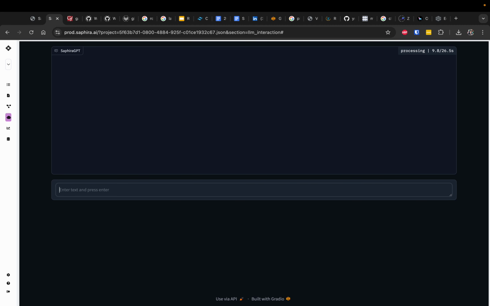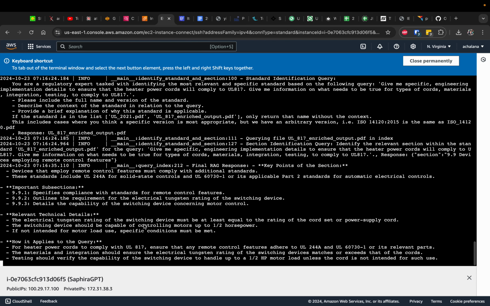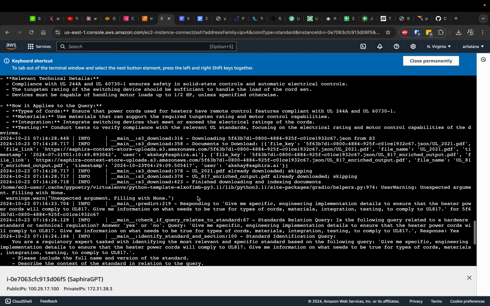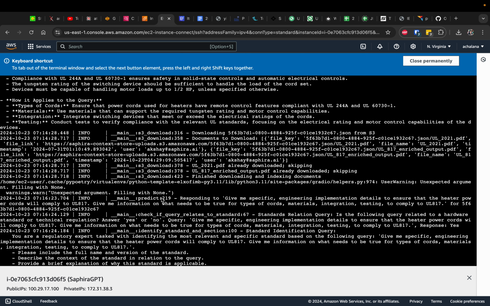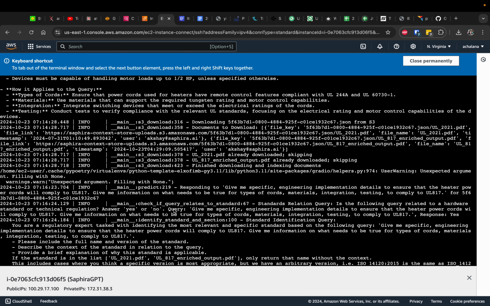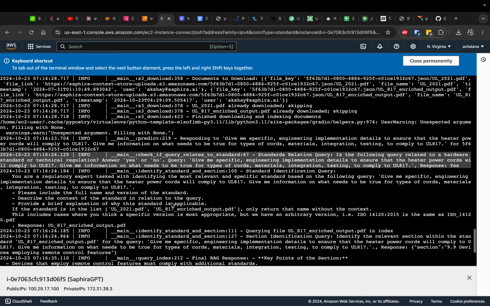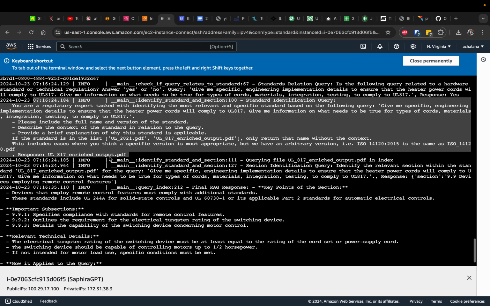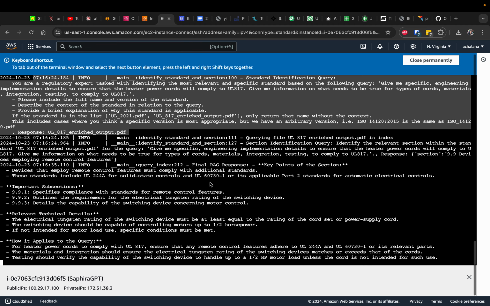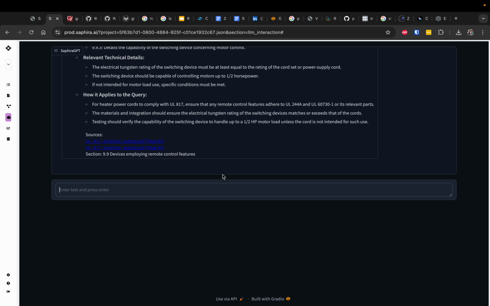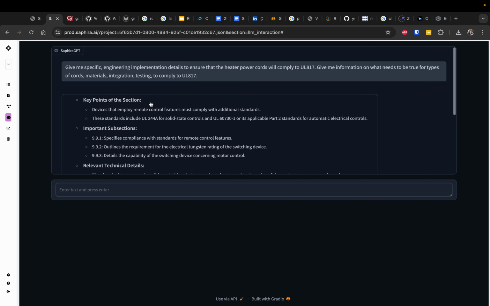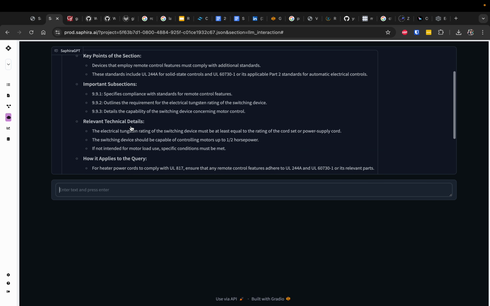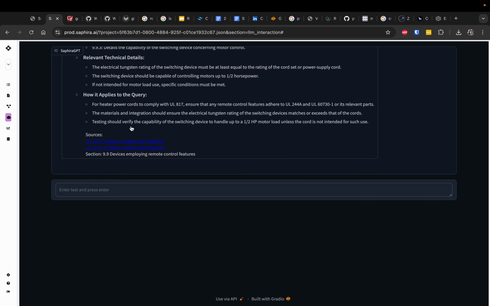And the reason for this is if we scroll over and look at the logs, you'll see that we actually iterate through a variety of different queries. We start by looking for whether or not there is a standard that is related to this, then querying for a specific section from the standard based on the query, and then taking that specific section and generating our final response based on that. So you see that here we got very specific subsections and requirements from section 9.9